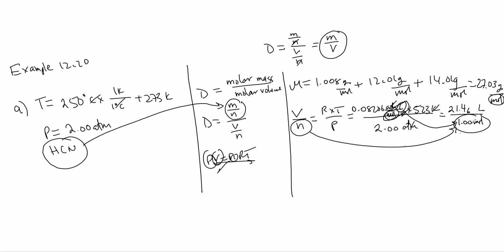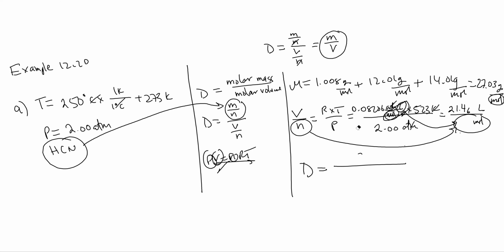I don't have to put 1 in here, so let me actually erase it. I just put it here for demonstration, but you do not have to put it here. Once you put a mole without anything in front of it, you imply that you have 1 mole in here. And so now the density simply will be the molar mass,